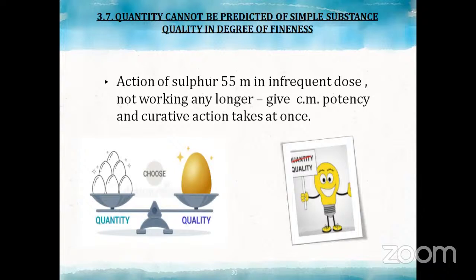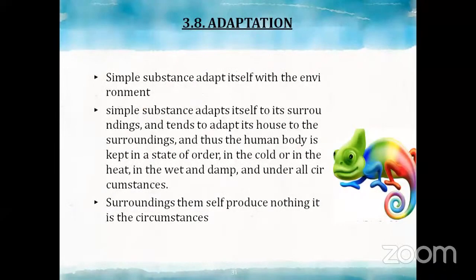When you are giving a 50 and it is not working, then you can go for a 100. And when you raise the potency to a 100, what is happening? It is becoming more finer, right? You are doing that much more potentization, that much more dilution. And after that, you can see that sometimes the curative action takes place. So it is not the amount of material quantity that you have to see. It is all about the quality, and that quality depends upon the degree of fineness. So that is another quality.